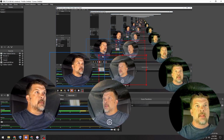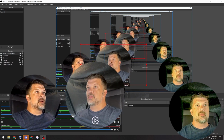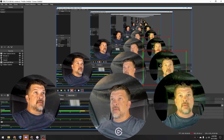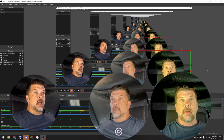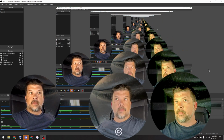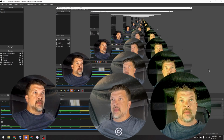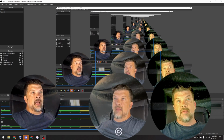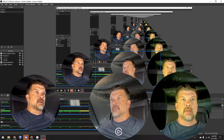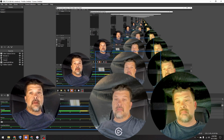Okay. Oh man, that is looking crisp and clear and nice. Look at that difference between the webcam that I was using before and my iPhone. Wow. I think it's looking good. I haven't purchased this yet. The actual cost of this is going to be $7.99 for the app, and then you're good to go